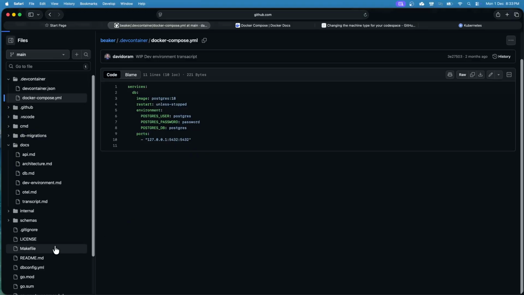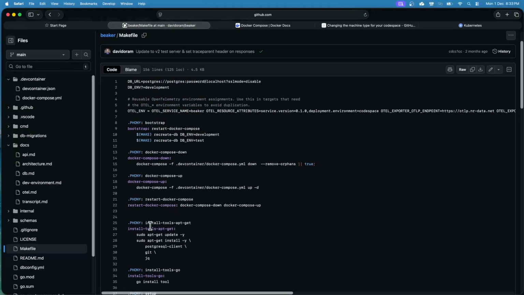Returning to the makefile. After we've run Docker Compose down, there are no Docker containers running. So next it runs Docker Compose up. This will create all of the containers in our YAML file. The -d option means detach, which tells the Docker Compose command to run the containers in the background and then return back. Returning back to the bootstrap layer, now that we've recreated our Postgres environment, we run a couple of